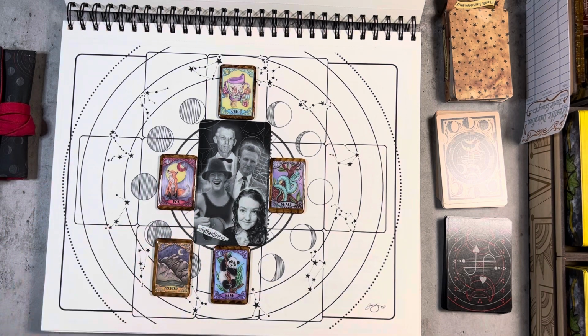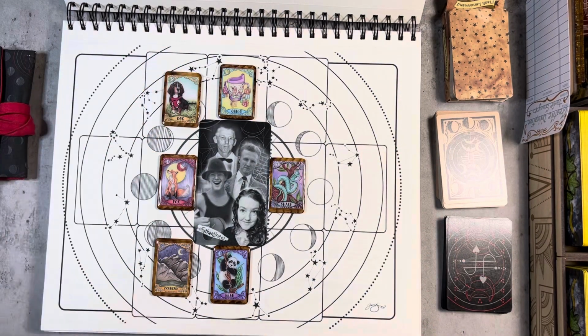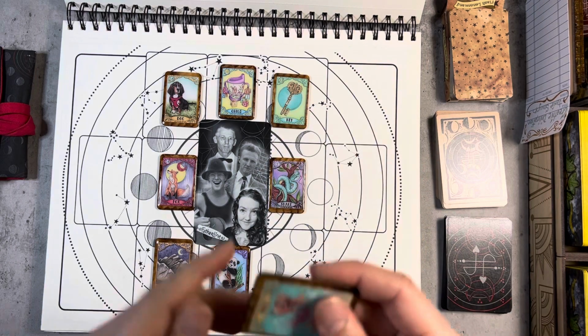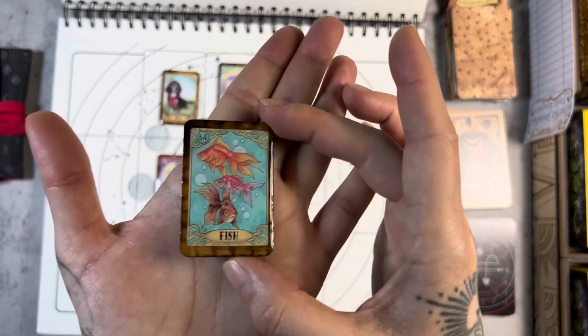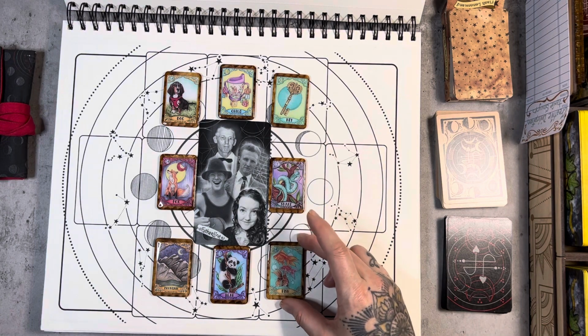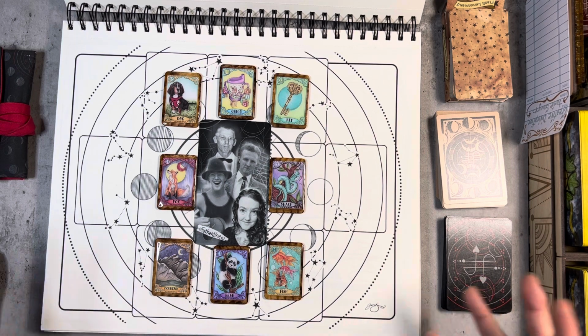We've got mountain, dog, key, and fish. Let's see if I can pull this over and brighten it up a little bit for you. All right. So this is just a way to show you how you can use Lenormand in conjunction with